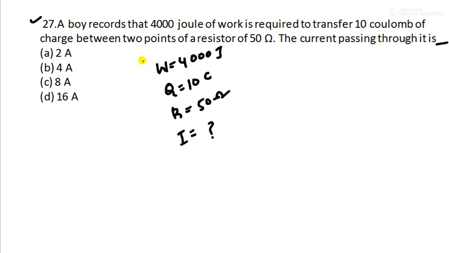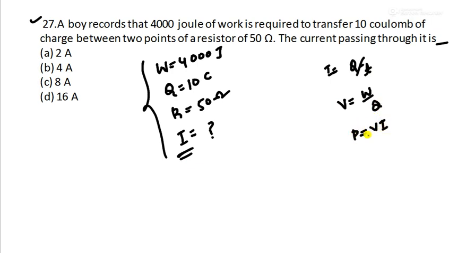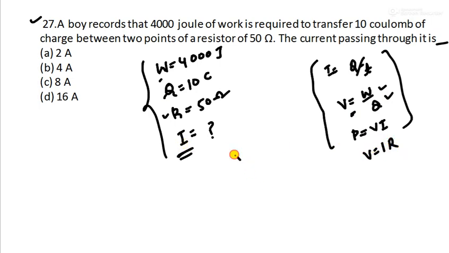So whenever you have given certain data and they ask you to find some other quantity, you have to remember this formula. Okay, what is current? Sorry, what is I is equal to Q by T. What is voltage is equal to W by Q, right? What is power is equal to V into I. So all this you have to keep in mind. Now see, they have given W and Q. So using that W and Q, we can find V, right? And using V and R, we can find which one? I, because of this V is equal to IR, right? So we'll do the same thing.